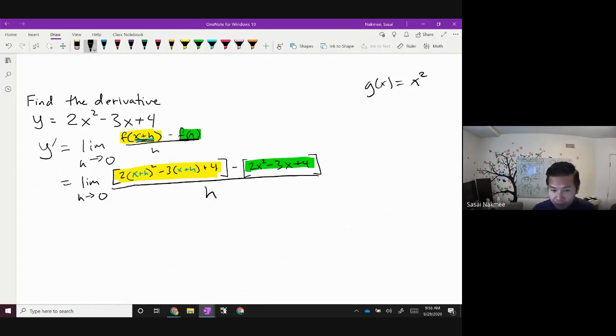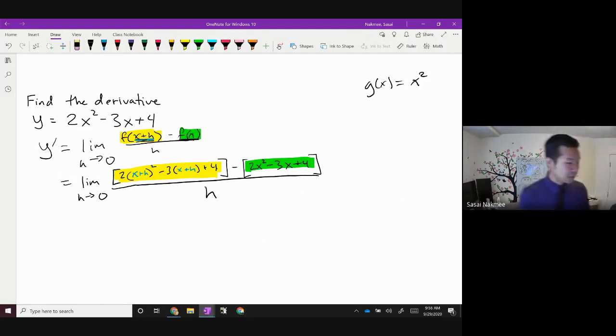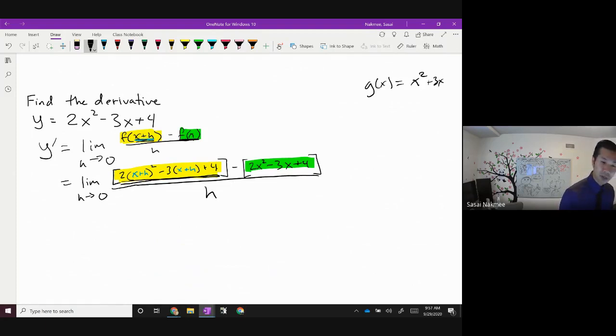in this problem, what is the derivative? Which function? We haven't found the derivative yet. This whole thing is the derivative, and we're trying to solve it to find out what the derivative is. Back to Oscar, though, the function on the right was just me trying to help you understand where I got this from, right here, where I got the 2 times x plus h minus 3 times x plus h plus 4. So if I had g of x equal to x squared plus 3x, for example,